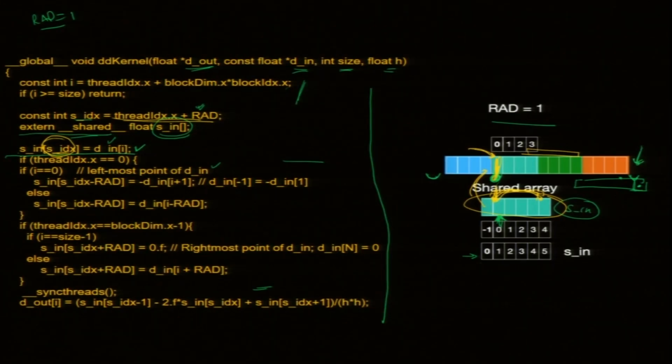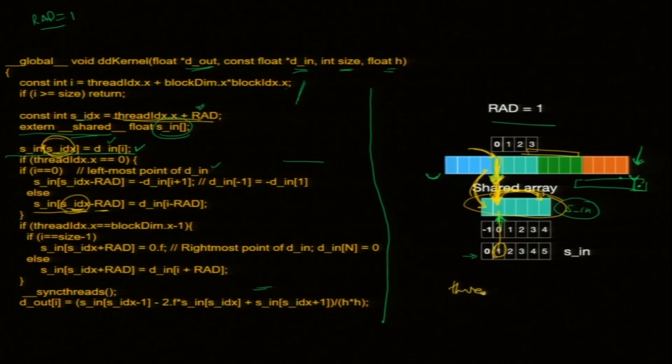Now, let us look at what happens when thread ID is 0. Okay. So, basically the I equal to 0 does one more work. It is copying, of course, its own value in the shared array, but it should also copy the left guy. Somebody has to do this extra work. So, thread 0 copies the 1 on the left to shared memory 0. So, this is what it is here, IDX minus RAD. So, for this location, what is SIDX? SIDX is 1, right?